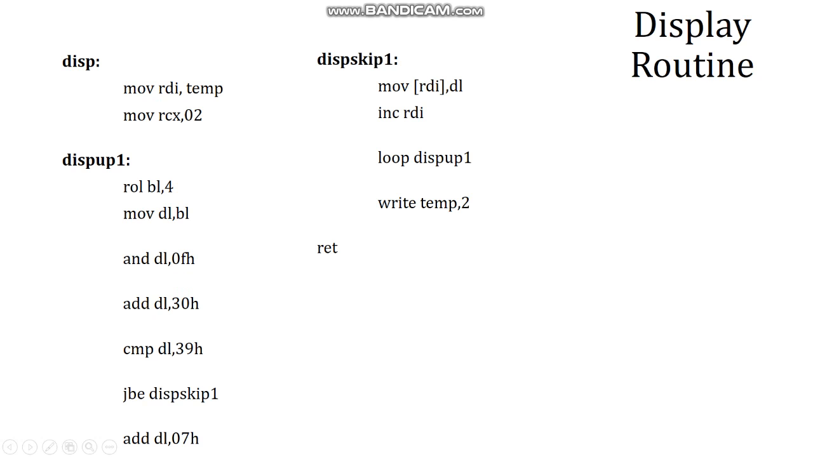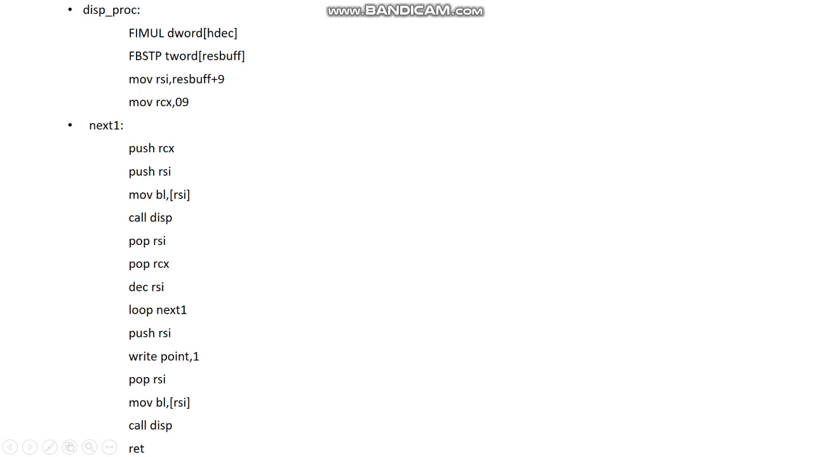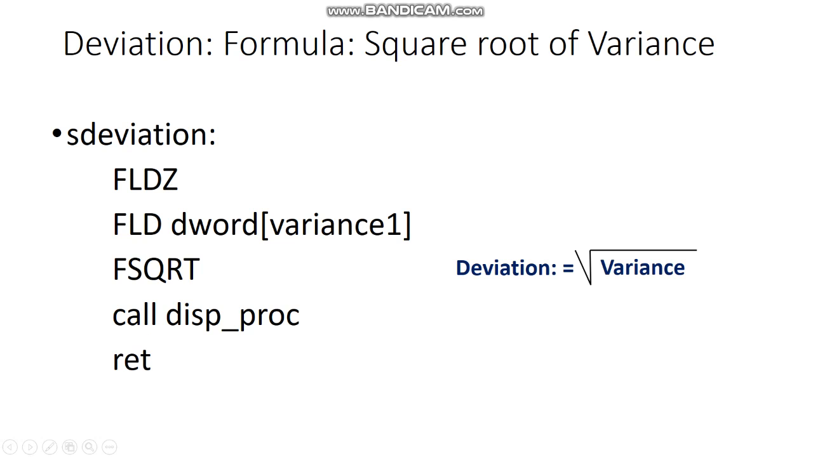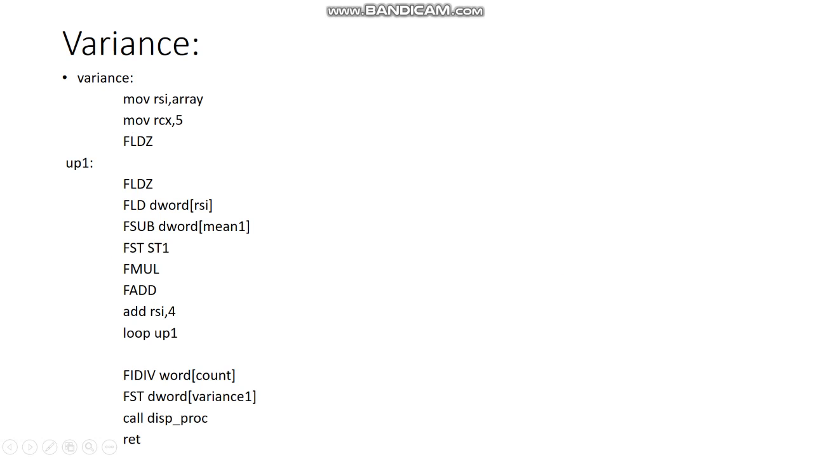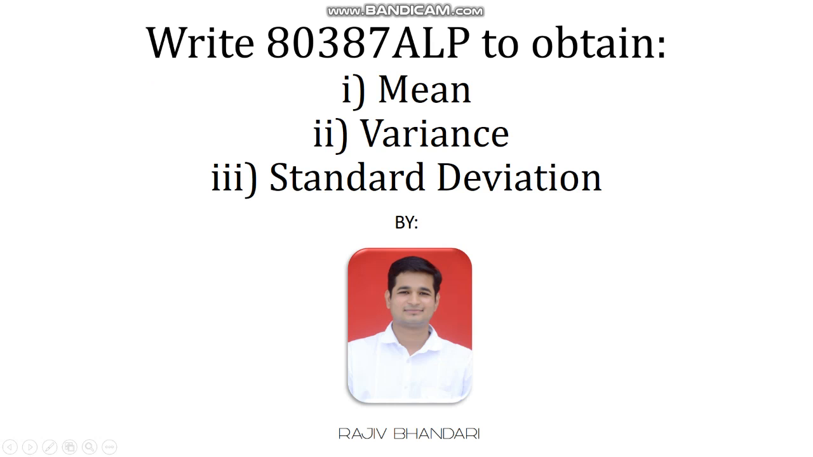The disproc routine is executed again, the same as for the variance. Again, whatever values are generated are displayed with the help of the display routine, and in that fashion the deviation part is also executed. Hope all of you got the logic of variance and standard deviation and the procedure for displaying the variance and standard deviation. So in this fashion we have studied all the calculation of mean, variance and standard deviation,